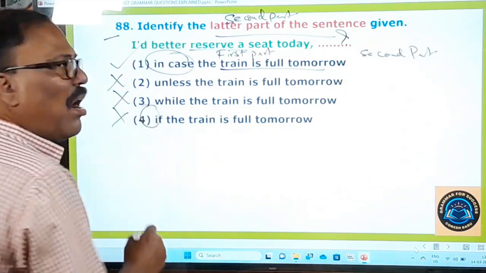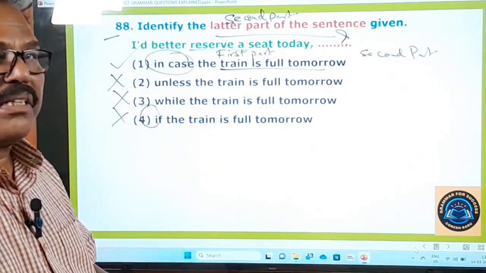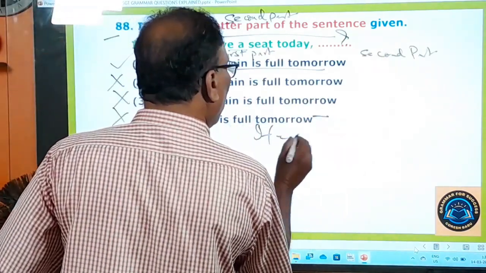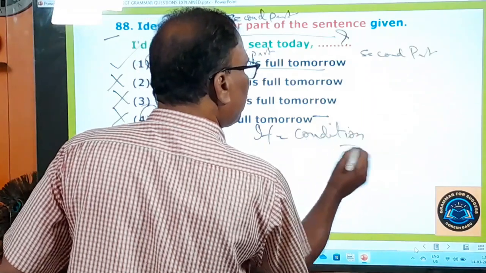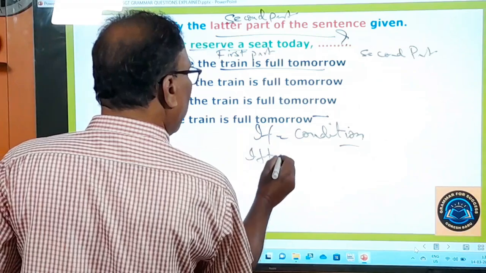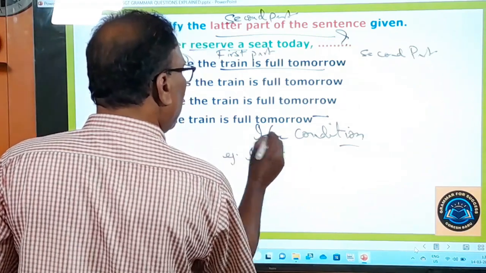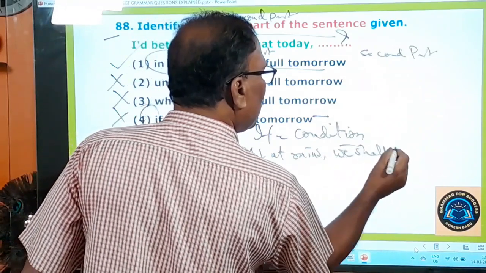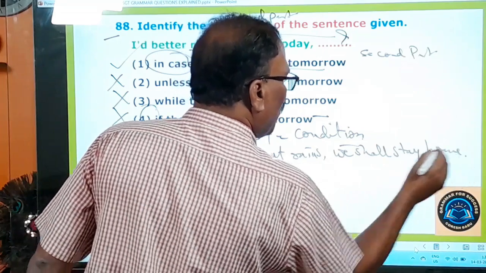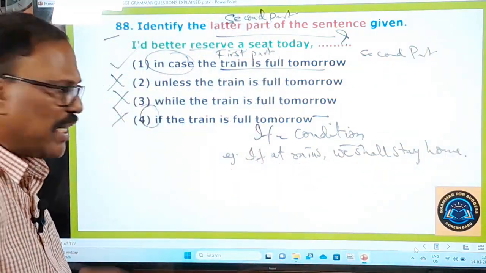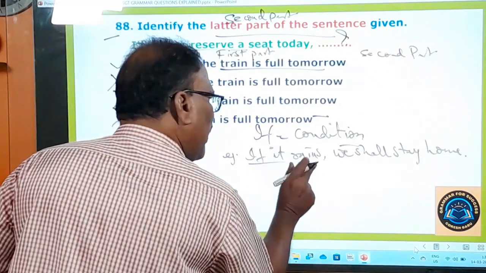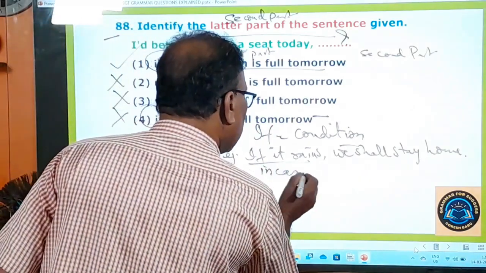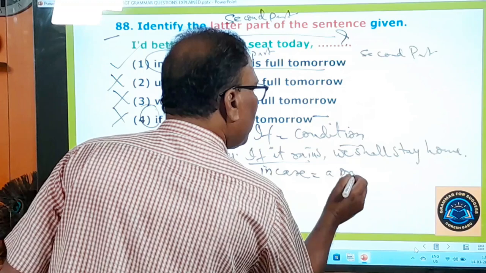In case and if both are the same in meaning, but their usage is slightly different. This if indicates only a condition. Yes, if it rains, condition. See, example I'll give you here. If it rains, we shall stay home. We shall stay indoors. It's a condition. If this condition is fulfilled, this will take place. If indicates only a condition, but in case indicates a probable,